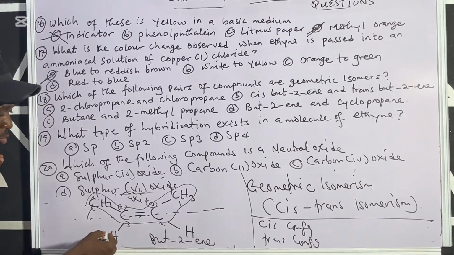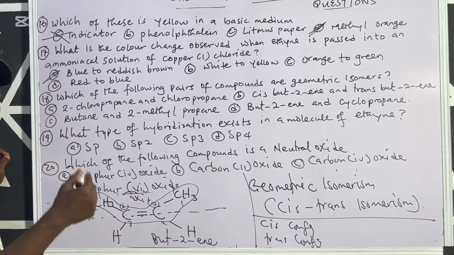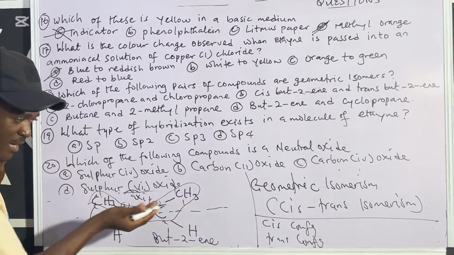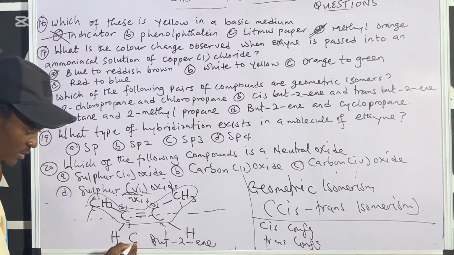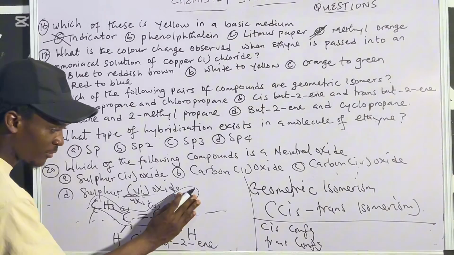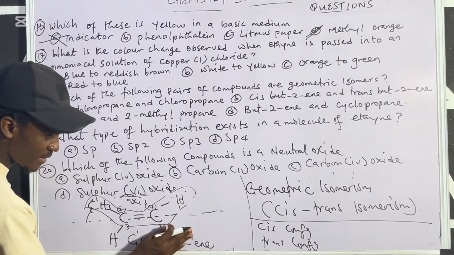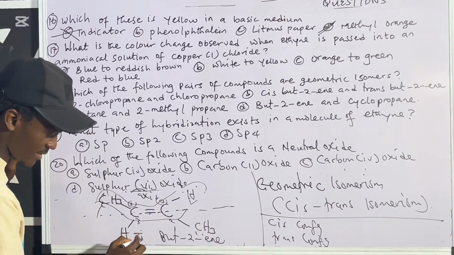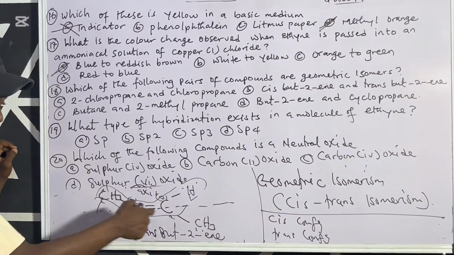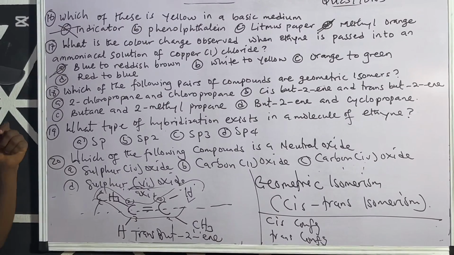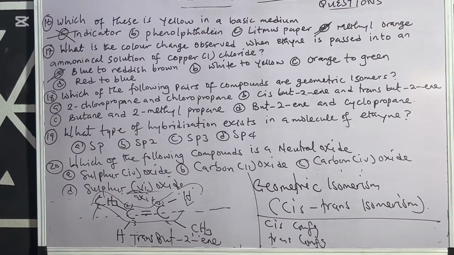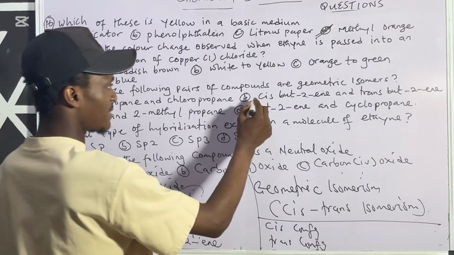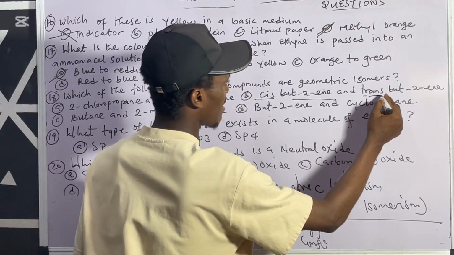Would you call it cis or you call it trans? This should be what? Cis. Why? They are in the same axis, the same group are on the same axis. So this is called cis. Assuming I had removed this one here and placed the hydrogen here, and then I placed the CH3 here, then you should have changed it to just what? Trans. Only this thing should be changed. Then why the other thing still remains the same? So the one that is exhibiting the geometric isomerism is cis-but-2-ene and trans-but-2-ene.